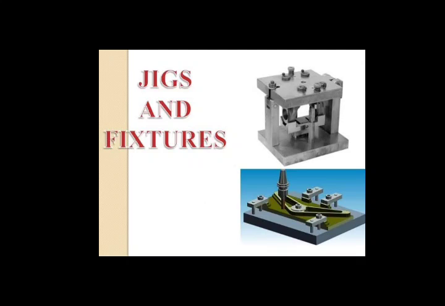The very first is the arbor or press method, in which an arbor is pressed against the bush and the bush is accommodated into the jig plate. Second is the draw bolt method, in which a spacer and bolt system is used and the bush is fitted using a nut and bolt arrangement. And third is the hammer and punch method, in which a bush is kept on a jig space and a hammer and punch are used to fit the bush inside the jig body.